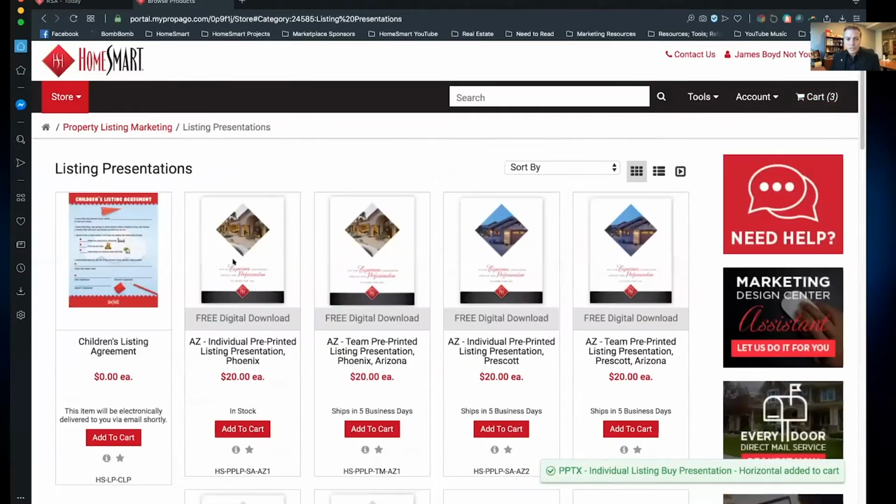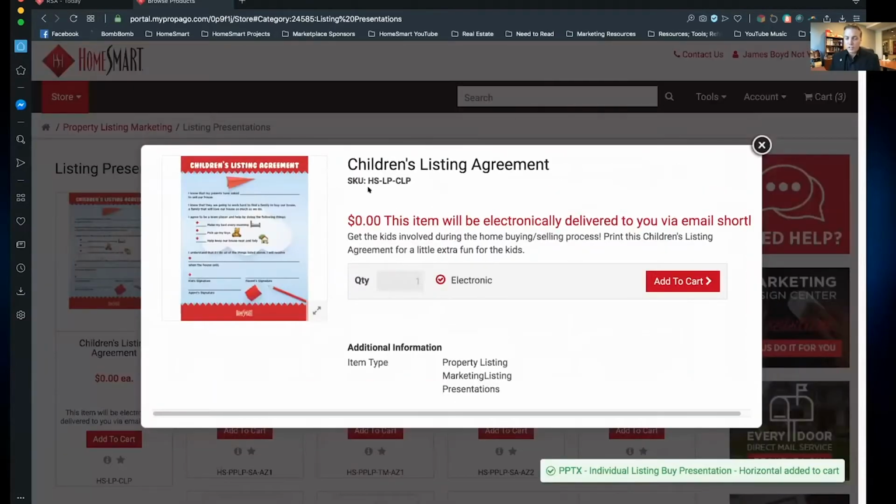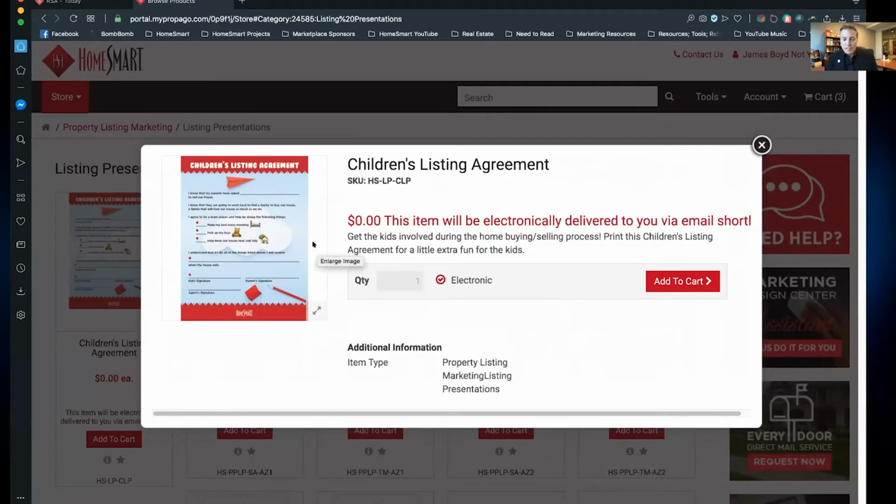One of the other things that you can do up at the top is you can hit this children's listing presentation, children's listing agreement. I'd highly recommend, if you haven't seen this yet, explore this. It's basically a great little PDF for when you're doing a listing presentation to someone who has children. Just the same way you would do a seller's agreement with the sellers, you would do a children's listing agreement, where the children promise to keep the house clean and pick up their toys, make the bed in the morning, help their mom and dad keep